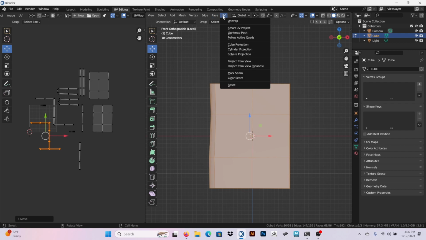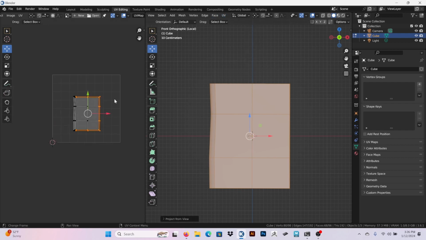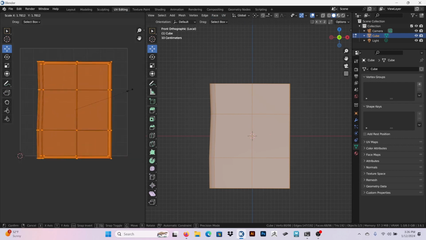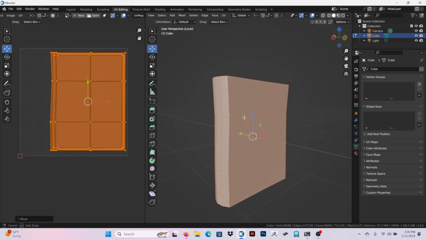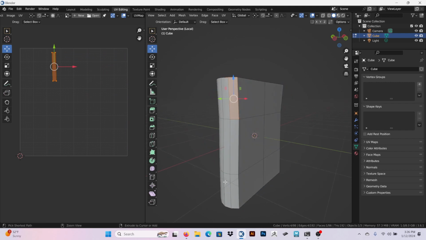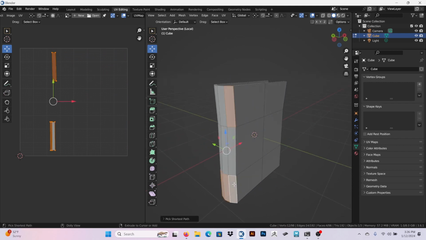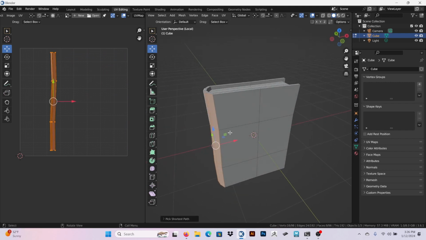You can hit UV project from view, and then that puts the whole book on just one sheet. So it looks at it just from that angle only. The problem with this one is that when you rotate to the side, these right here, because we did it from that angle, are going to be stretched, because you have to imagine if you have